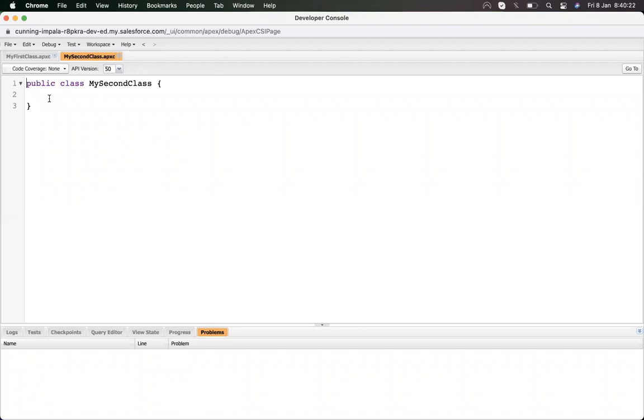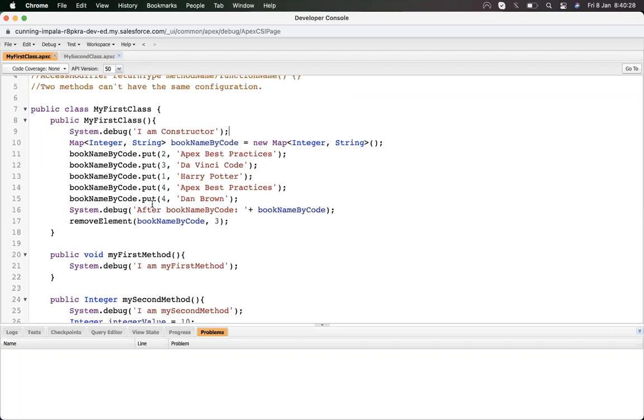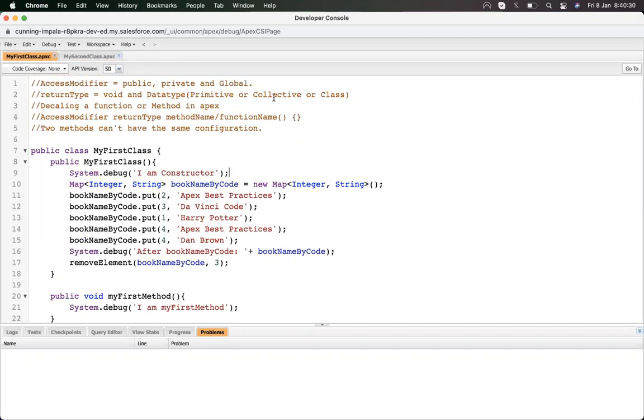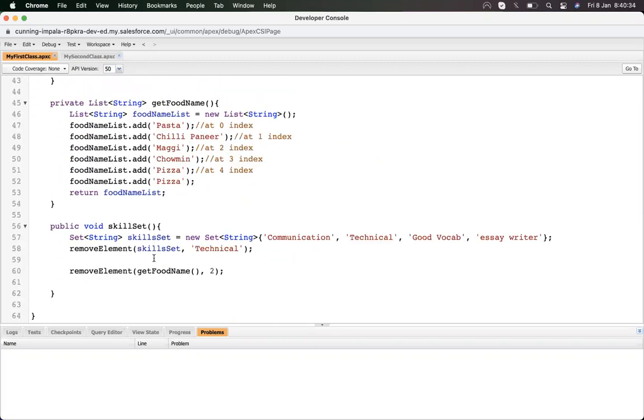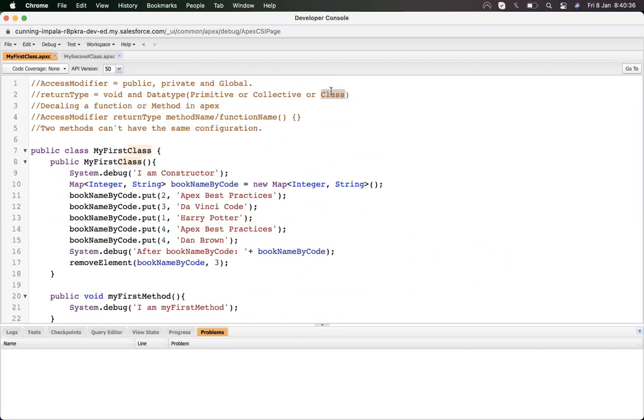Now we are going to learn about one more data type. We have learned about primitive and non-primitive data types. And one more thing: I haven't given any example of making a method's return type a class. We will discuss that later, in later classes, how the return type of a method can be a class.